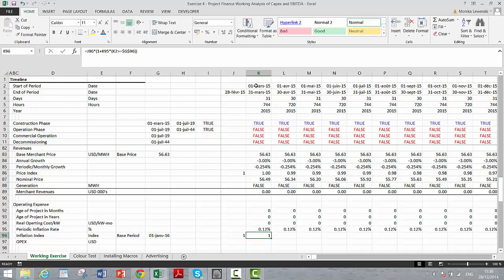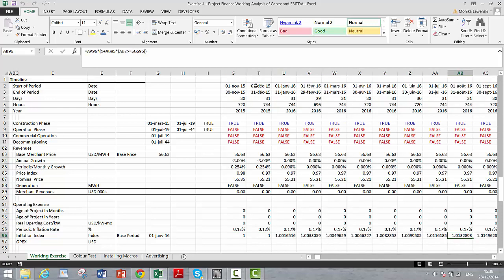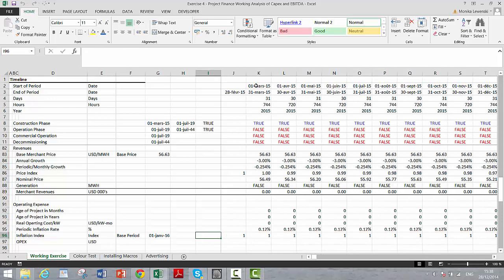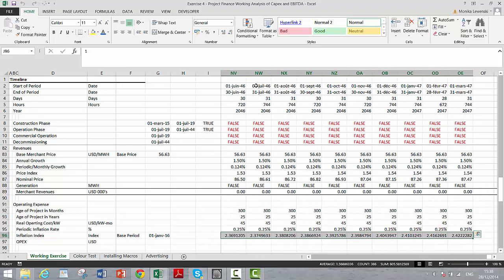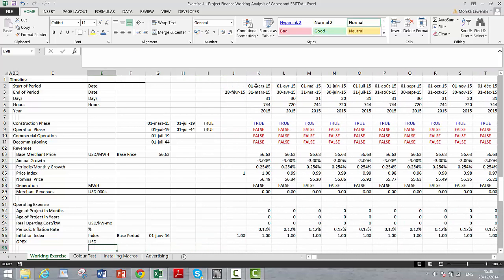Okay, and then now our inflation doesn't start until a later period. So that's how we really should make any kind of an inflation analysis, and then nominal